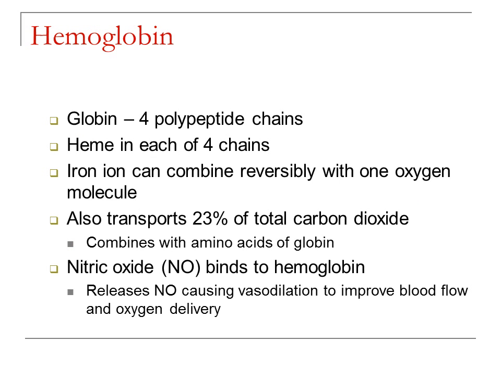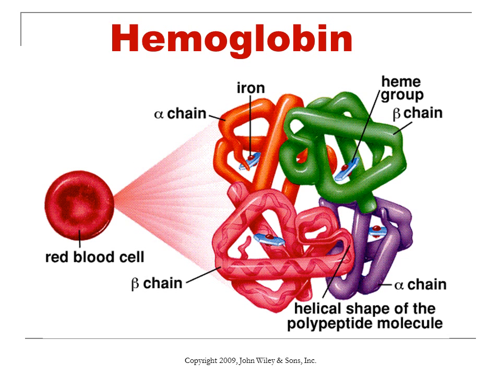Hemoglobin. Hemoglobin is a four polypeptide chain with heme in each of the chains. An iron can combine reversibly with one oxygen molecule, and hemoglobin can also transport 23% of total carbon dioxide, combined with amino acids of globin. Nitric oxide also binds to hemoglobin, and they release nitric oxide, causing vasodilation to improve blood flow and oxygen delivery. So this is the hemoglobin that has